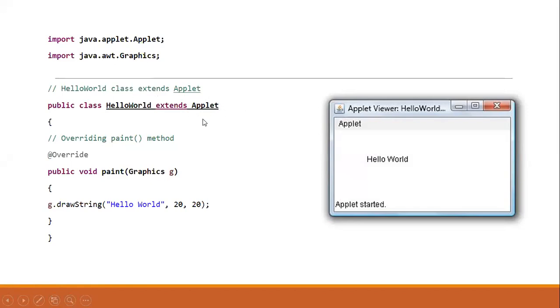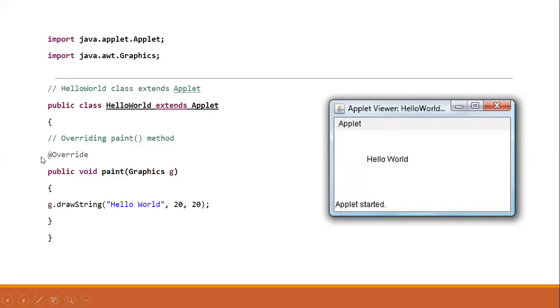Now this Applet class contains the paint method. All methods are present in the Applet: your init method, your start method, stop method, paint method, all methods are present. Right now, I am not initializing anything. The init method will be called automatically. I am not having any other code. I just want to draw, to print hello world. The rest of the lifecycle methods will be invoked automatically. I just want to modify the paint method.